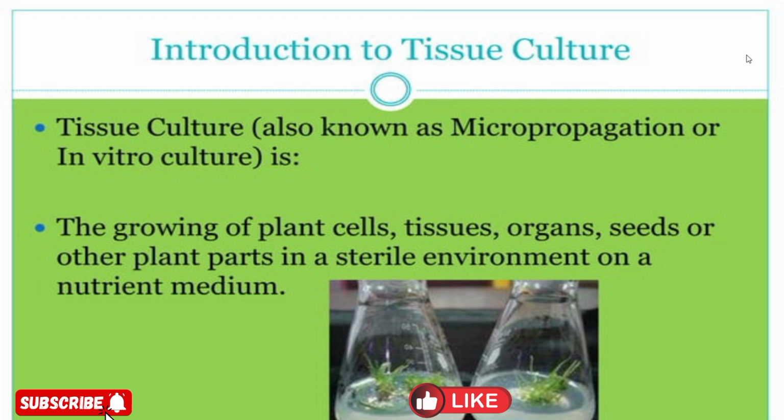and can be defined as the growing of plant cells, tissues, organs, seeds, or other plant parts in a sterile environment on a nutrient medium. It is also known as micropropagation or in vitro culture. In vitro means outside the body of a living organism in laboratory conditions, and in vivo means within the body